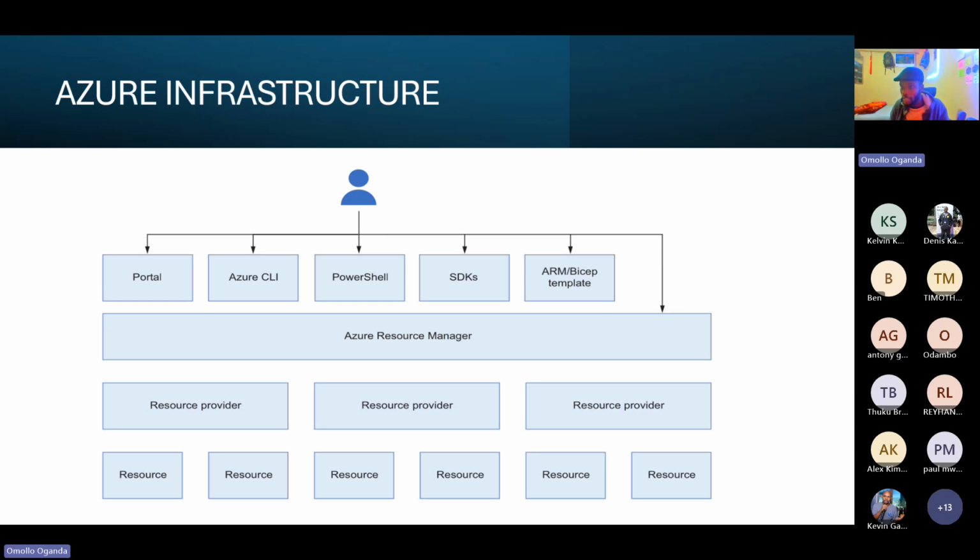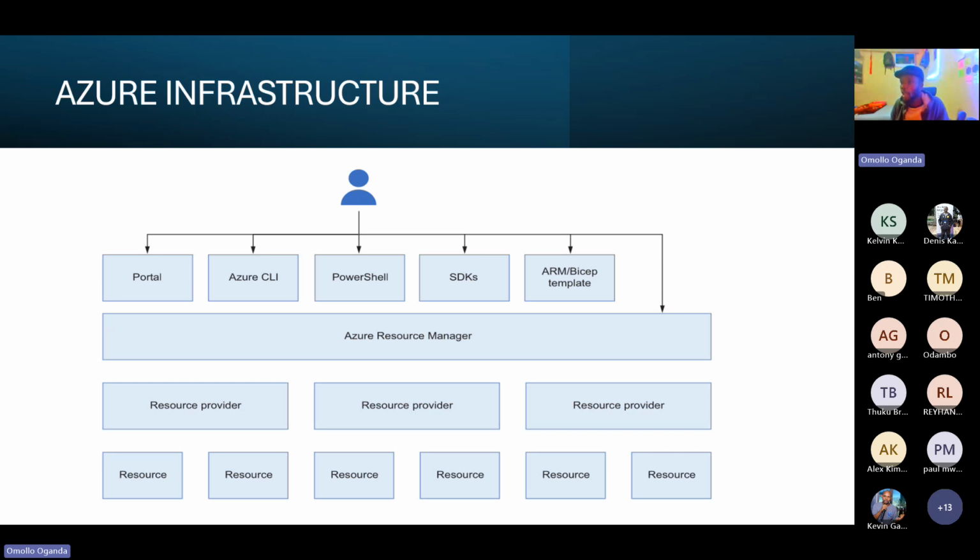Now, coming down, you also see that we have resource providers. I want you to understand that every time you create any resource on the cloud, there's always a specific service responsible for that. We have compute, we have storage, we also have network. If you are trying to create a VM, it's always on Azure.compute. If you're trying to create a virtual network, it's always on Azure.network. If you're trying to create a storage, for example, you'll realize that your URL has a segment that says